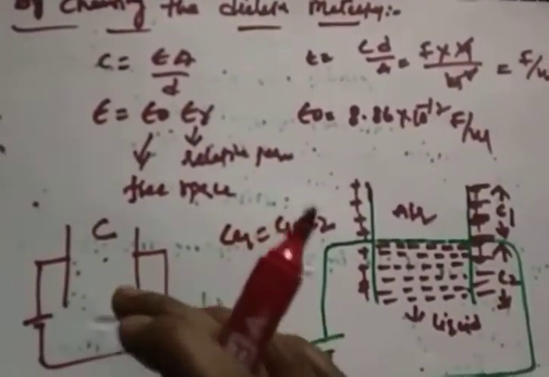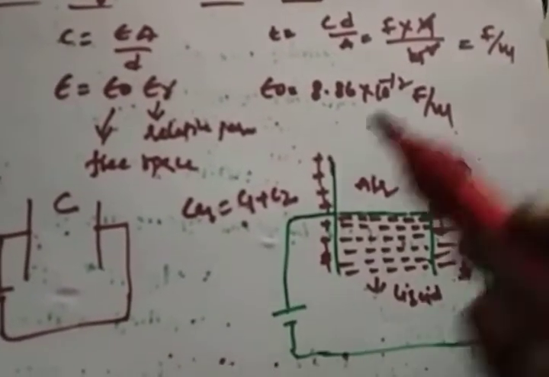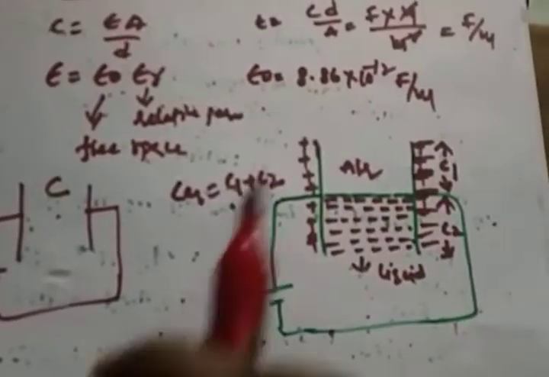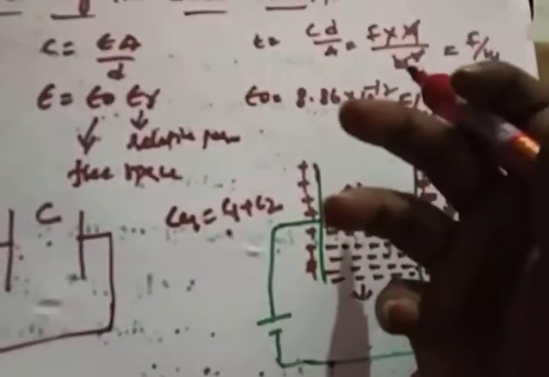I hope it's clear how we can change the dielectric material. Initially the dielectric material is air, so the capacitance value is C. Now you are changing your dielectric material from air to some liquid. Then your capacitance changes to C equivalent, which is nothing but C1 plus C2. The capacitance value changes now. That's our duty. If you change your capacitance, that can be measured by standard meters, or else you can go for a Wheatstone bridge. With that, how the capacitance changes tells us how much dielectric has been applied. That is the concept of changing the dielectric material.